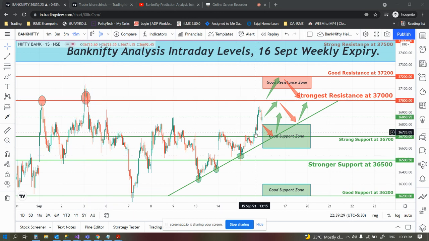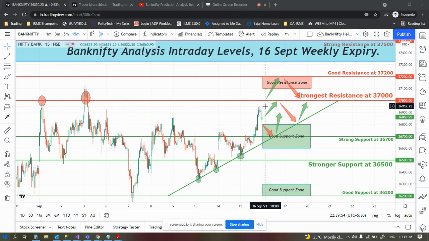So try to understand how the market is behaving when it is moving or holding at this particular level and then it breaks. Okay, after breaking, it should at least hold on for 5 to 10 minutes, or wait for 5 to 10 minutes candle, and when it forms a positive candle, then go for buying. Then we can see the next target would be 37,200.